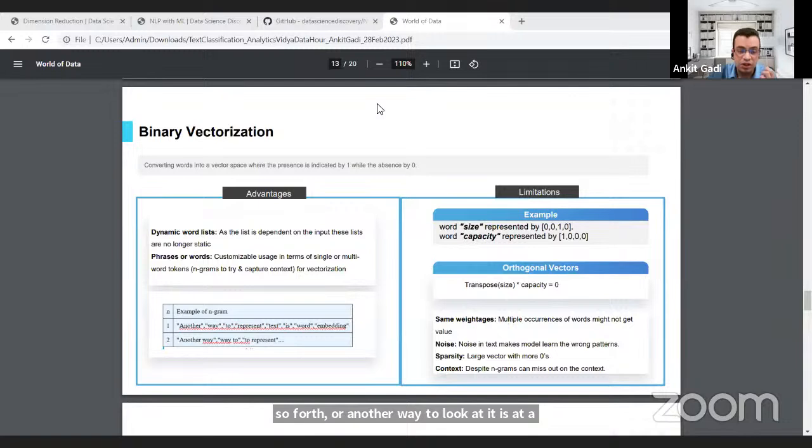So essentially, instead of breaking things at a word level, you can do the same thing at a character level. Like for "another", it would be A-N-O-T-H-E-R. So every character is a separate token, or a separate element for us. Okay. Now, one thing that is of note here is when you talk about binary vectorization, you miss out on